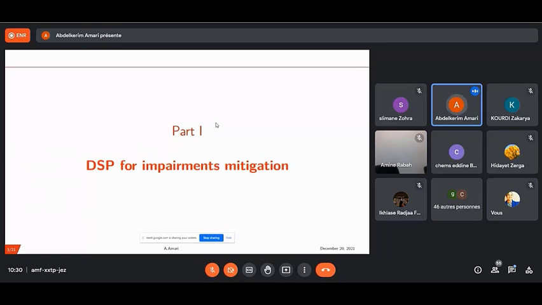Let's start first with the DSP for impairment mitigation. It's known that DSP is a powerful tool to compensate for fiber impairments and also component imperfections, like CD and PMD for the fiber, and the imbalance and nonlinearity of the components. The fundamental limitation of increasing the capacity of optical communication systems is the nonlinear effects in the fiber, mainly the Kerr-induced nonlinear effect,